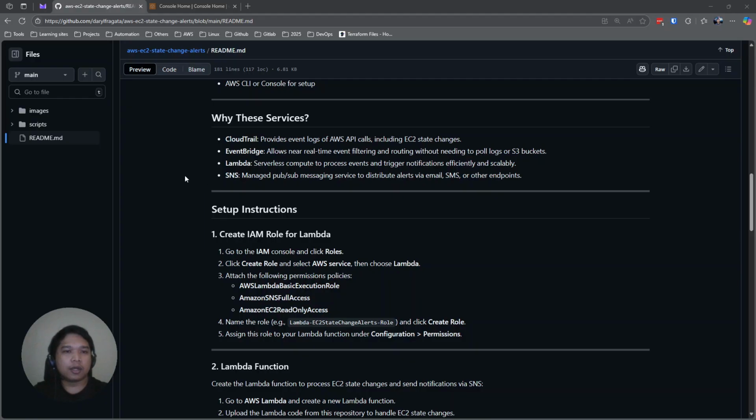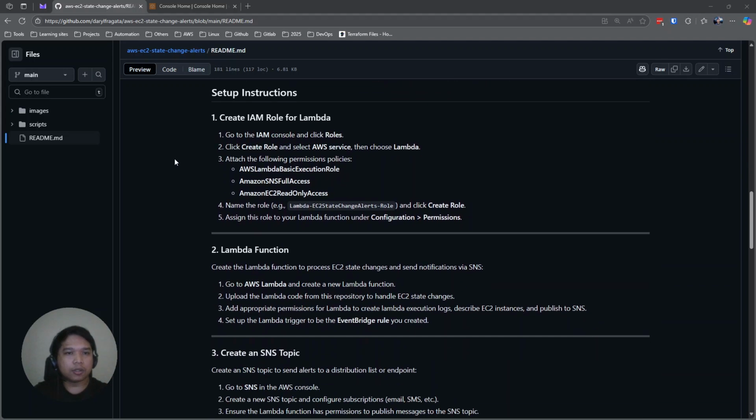And of course, in building such an alerting system using the native services of AWS, we also need to consider the cost that will be spent monthly on using these kinds of services. So most of these services are in free tier. That's the very short summary of why we use these services. But now we also put here some of the details for the specific services.